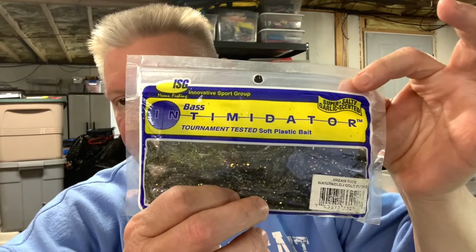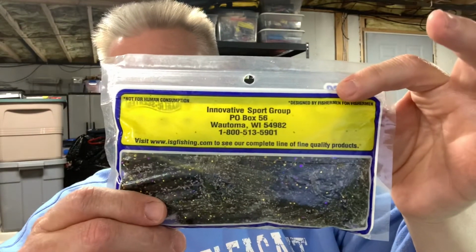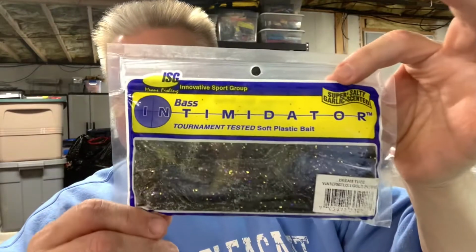Another, this ISG tube is one I've thrown a lot lately in recent years. You guys have seen these. This is a very popular tube on the Great Lakes. Use them a lot, but whatever tube you like is fine. It's really up to you. But let me just show you,